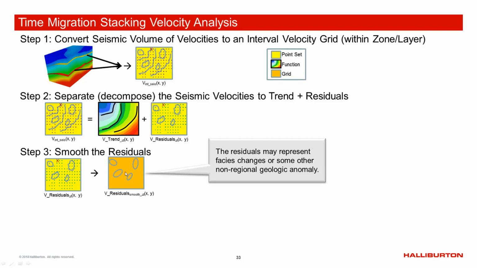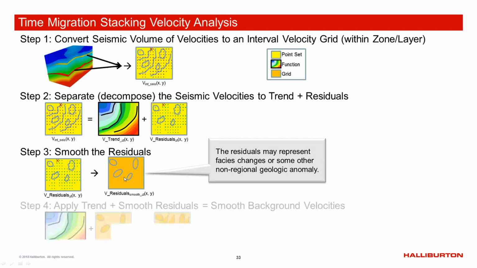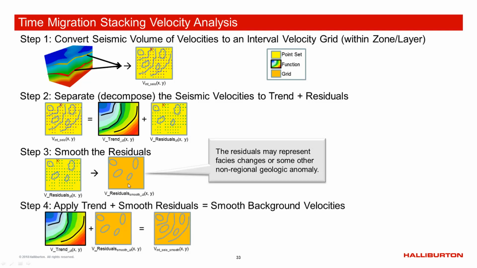and just what I'm hopefully left with are these facies changes or geologic anomalies that are not regional geologic anomalies that would show up in the trend. These are local geologic anomalies where we've gotten rid of the noise. So those are really what we're excited about. Then what we do is add these smoothed out geologic anomalies to our trend of velocities, our regional trend. So regional trend plus the local anomalies gives us a nice smooth set of background velocities that we think is a geologically stable and valid velocity model